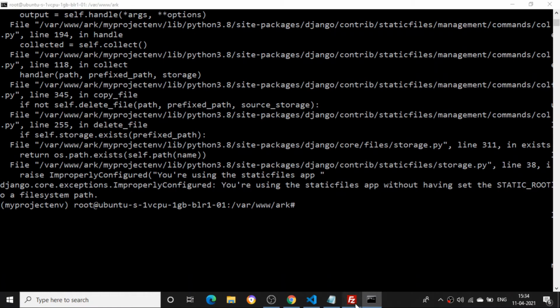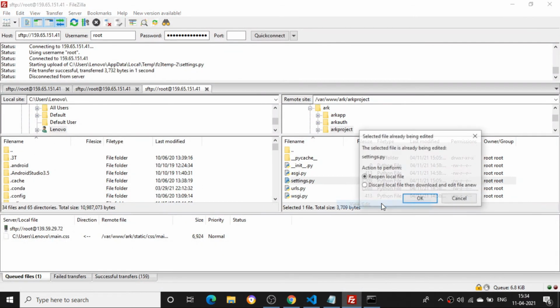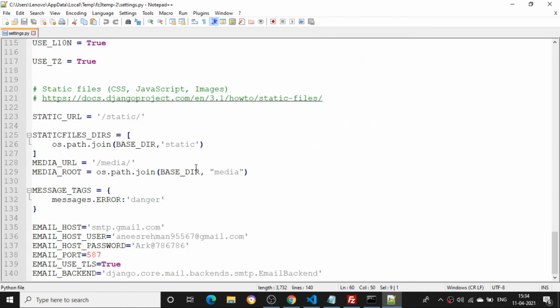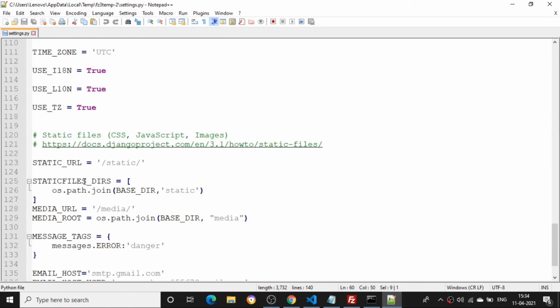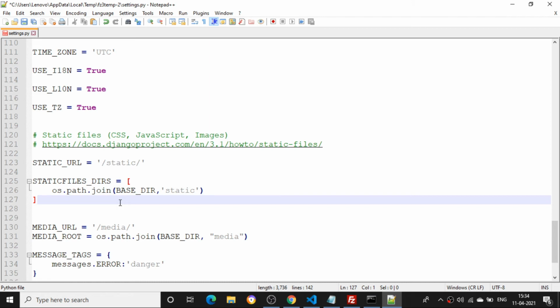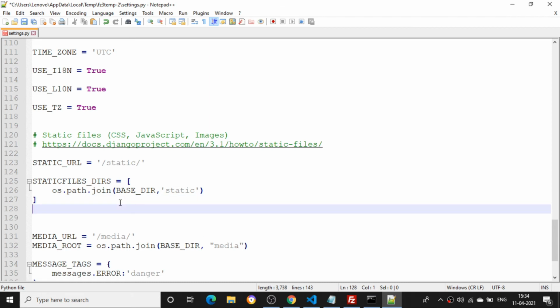So here if I open again this settings.py file, you can see here the static directories. It is a static directory, so I need to enable this as a static root. I need to remove this base directory and enable it as a static root, the same way I have added the media folder.